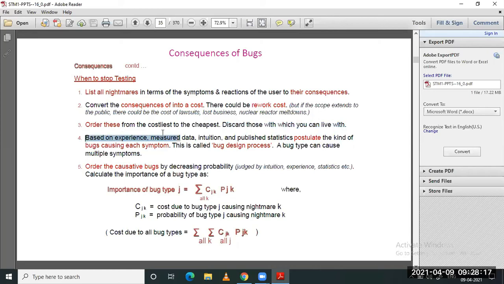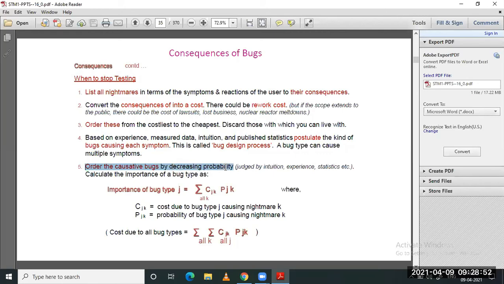Based on experience, measured data, intuition, and published statistics, postulate the kind of bugs causing each symptom. This is called the bug design process. A bug type can cause multiple symptoms, which means we cannot always categorize the bugs at the time. Based on the system design, some bugs cause multiple symptoms. So order the causative bugs